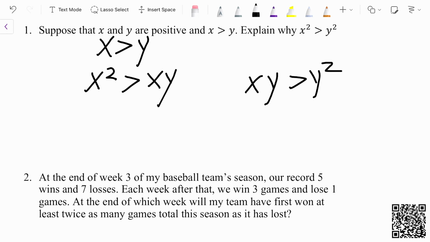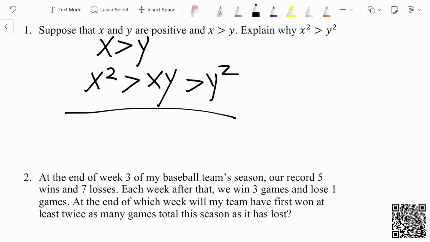We can integrate this into one equation by sliding this over, since the two xy's are the same. So if x to the power of 2 is greater than xy, and xy is greater than y to the power of 2, then x to the power of 2 is greater than y to the power of 2,